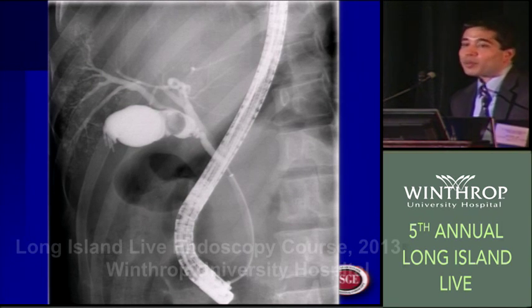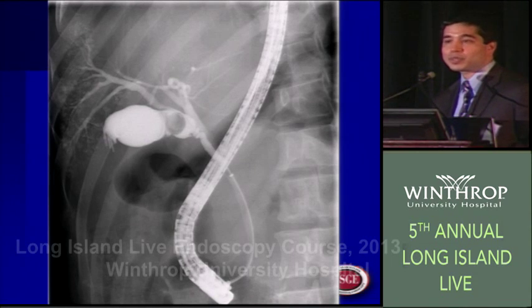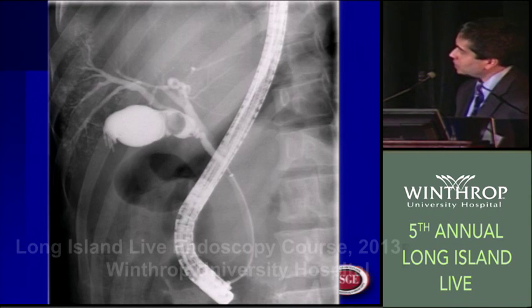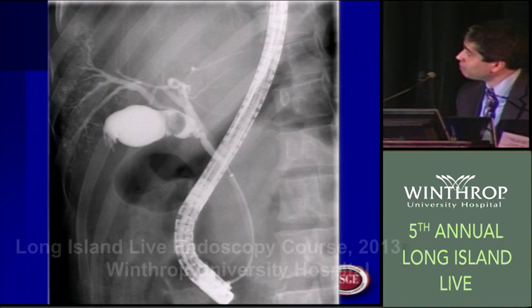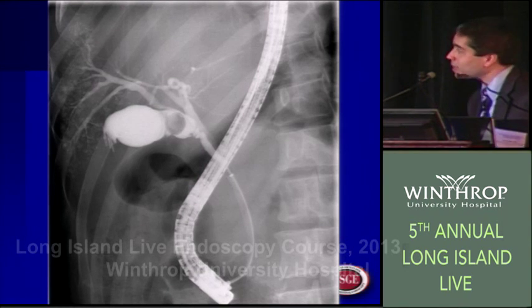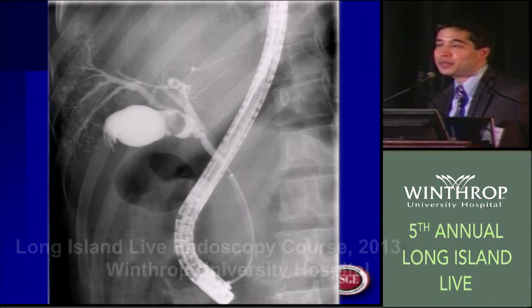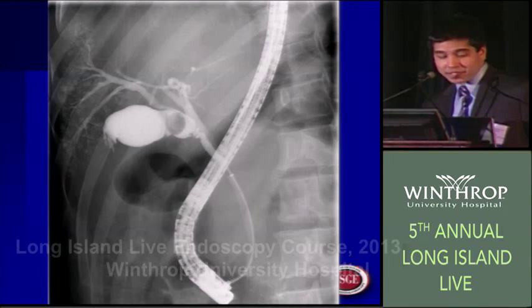Many times you would ignore the stone, but this patient was having symptoms just like the symptoms she had when her gallbladder was intact. So it made sense to me to pursue treatment of this stone stuck here above the cystic duct. The other tricky part of this is that she has an aberrant takeoff of the right posterior intrahepatic duct. That aberrant takeoff is coming off the neck of the gallbladder. Very unusual anatomy. Sometimes you'll see the right posterior intrahepatic come off of the cystic duct, but to actually come off the neck of the gallbladder, you're kind of limited. You can't do a completion cholecystectomy in this patient either. At least I don't think so. I don't know if there are any surgeons in the audience that tell me otherwise, but